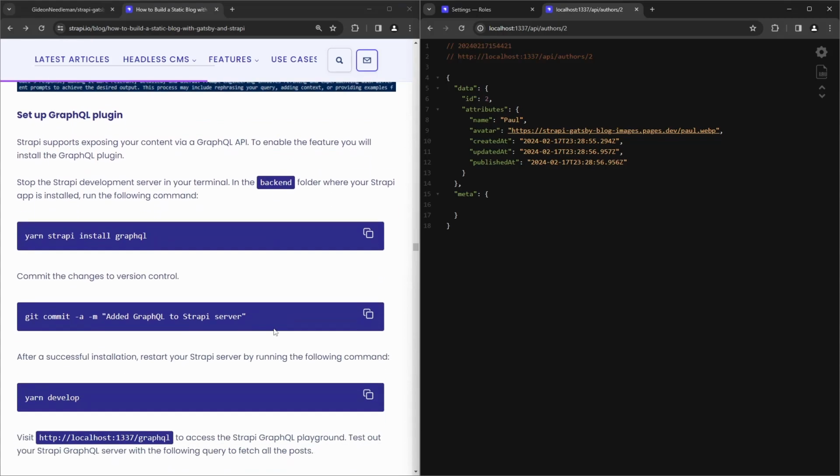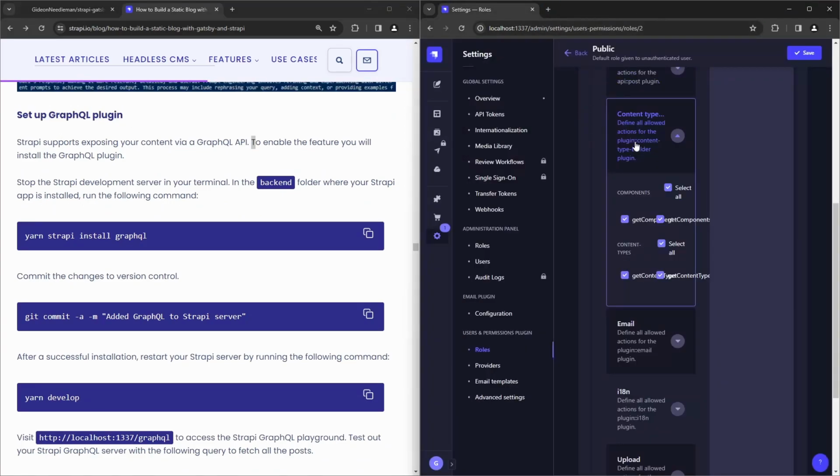But we're going to set up the GraphQL plugin for Strapi, which will allow us to use a GraphQL kind of query syntax to get our data instead. So again, I'm not using Yarn. I'm going to be using NPM. Now, there's a few ways to find this plugin. You could run this yarn command right there, or